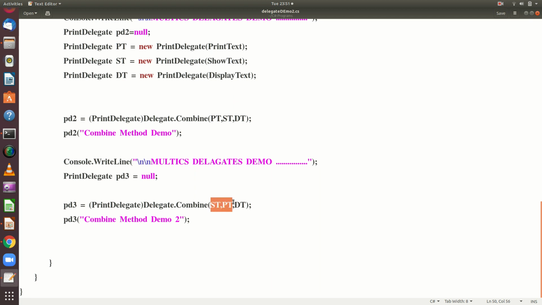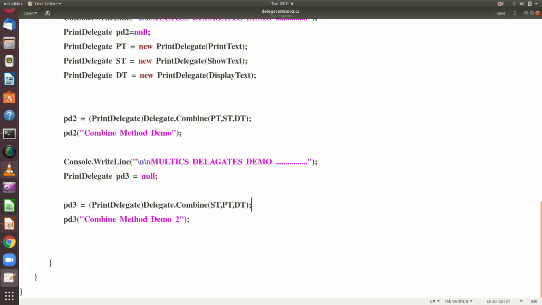So first the show text method is invoked, then pt, which is nothing but your print text method, then the display text method. So that is how the order of combining the delegates decides the order of invoking the methods. In whichever order you have combined the methods, in the same order the methods will be invoked.